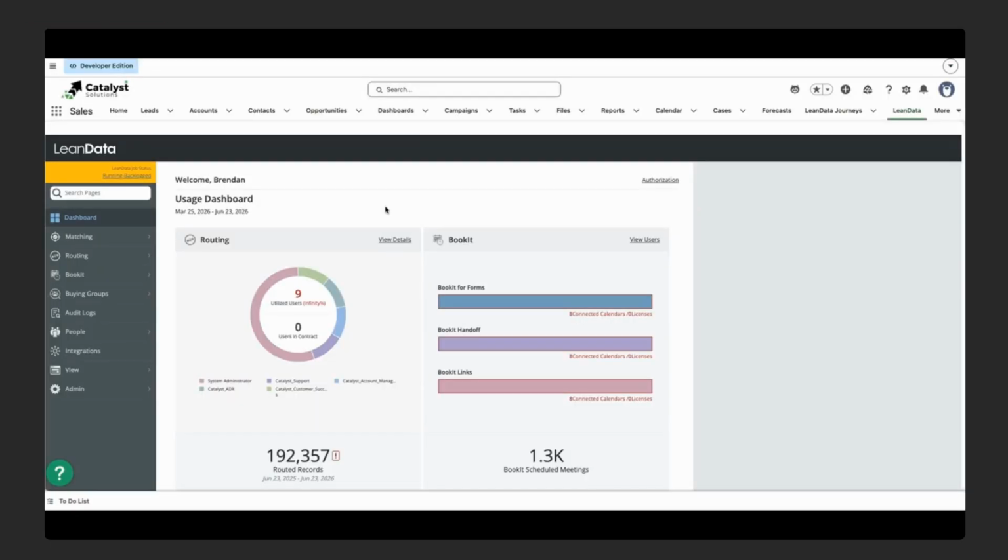My absolute favorite part about LeanData's scheduling app is that you just download it off the App Exchange natively into Salesforce. It really has to be one of the easiest to implement marketing tools out there today, especially if you're an existing LeanData customer, where all we need to do is fire up this new tab for Book It, and then it will automatically enable scheduling for both humans and agents alike. Everything will also leverage your LeanData matching.